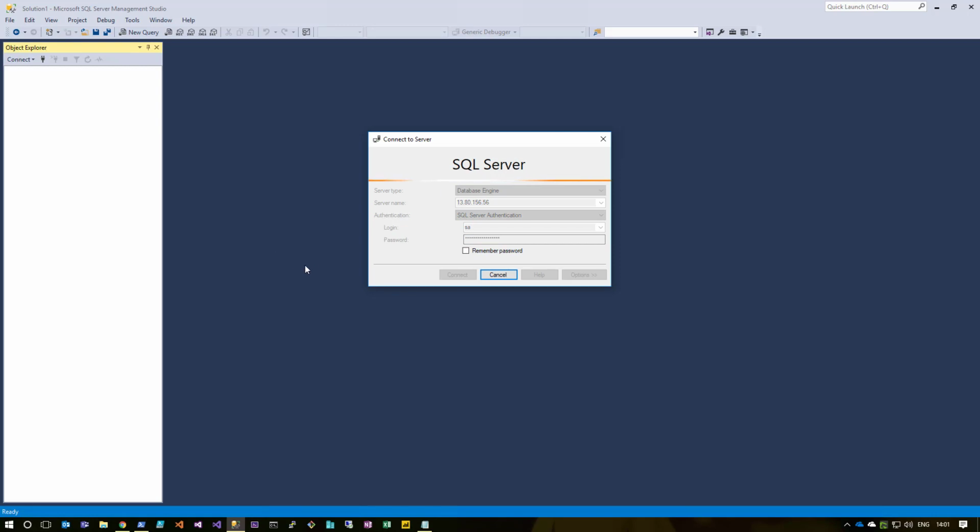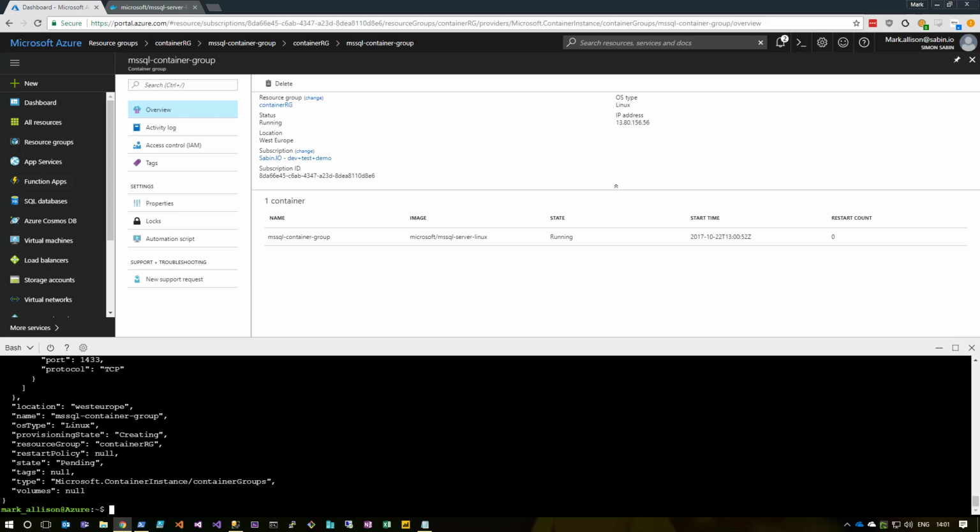Hopefully SQL Server will come back. Now sometimes you may get a login failure. If that is the case, then the SQL Server service is still starting. So what you can do, if you want to monitor that, you can do az container logs